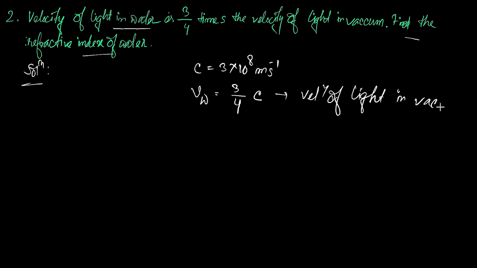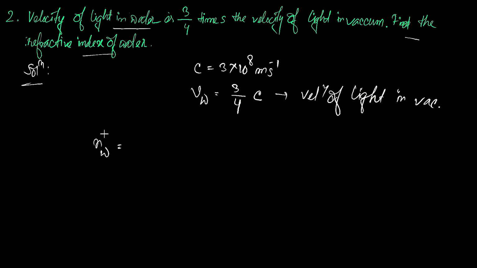Now we'll use the relation of the refractive index. We need to find the refractive index of water, and it is represented by N_W, W for water. Since it is the absolute refractive index, we can write N_W. If it was the relative refractive index, we would have to write the medium with respect to which we find the refractive index of that medium. Since here the first medium is air, you should always write N_W, because it is the absolute refractive index. So don't get confused about that.